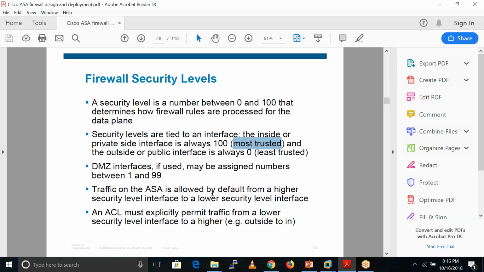Traffic on an ASA is allowed by default from a high security level interface to a low security level interface. Means from high security level to low security level, all traffic is allowed by default. An ACL must explicitly permit traffic from a lower security level interface to a higher security level. Means if we want to allow traffic from outside to inside, we need to open an access list.